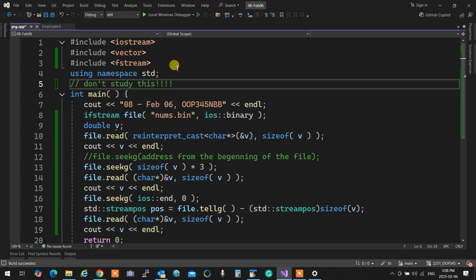Just understand that from now on, instead of interpreting what's inside a class and writing the text version of it in a file, we just do a Xerox copy of the memory of the thing and put it in a file. Later, I'll show you how we can actually have any type of things in a file and have access to our data very quickly. Questions? So don't study this. I'll talk about it later.